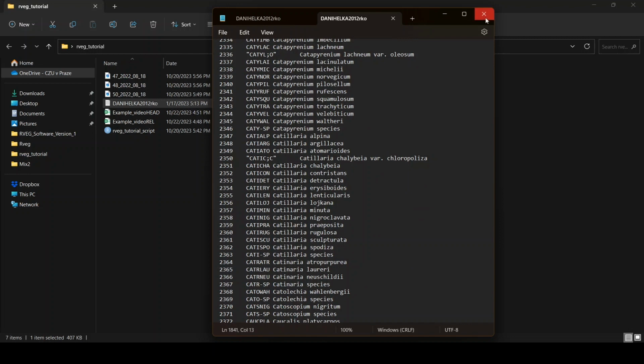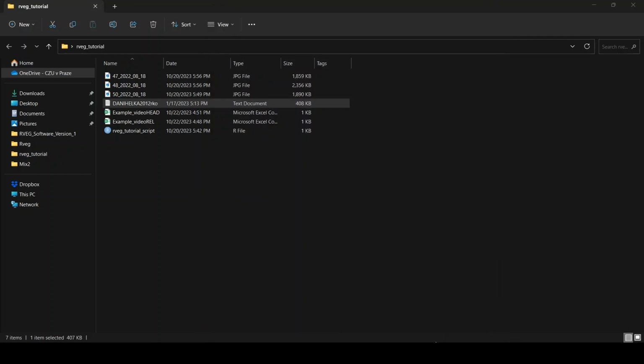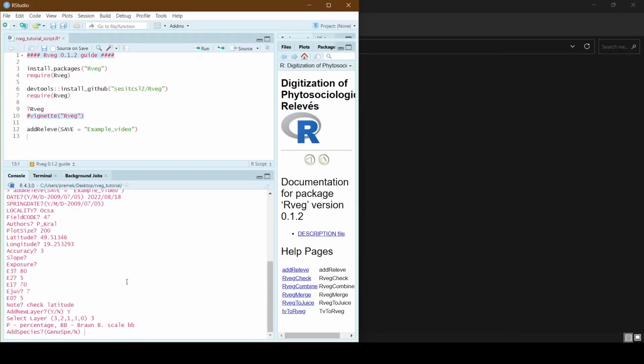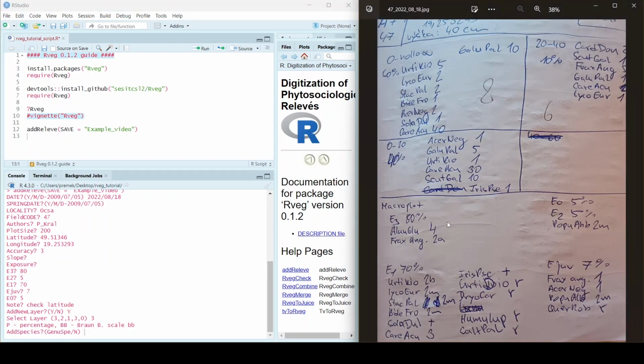So, taking a look back at R, the code should be made of the first 4 letters from the genus and 3 letters from the species. So we can try that.